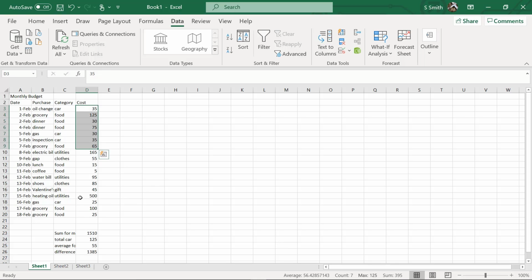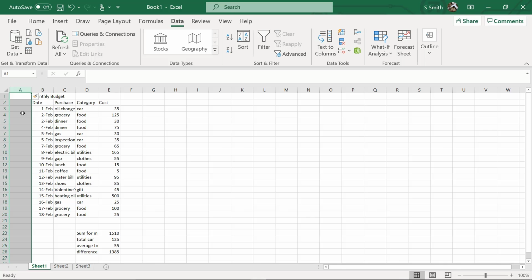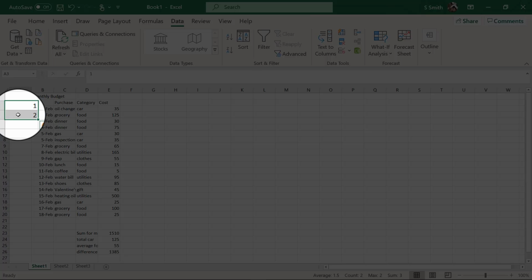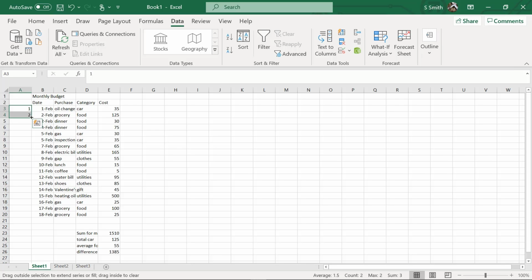Also, sometimes it's nice to have numbered items and see how many that you have. You know how we just said the count was 7? Sometimes it's nice to number your data. So I'm going to click on column A, then I'm going to right click and go to insert. And right here, I'm just going to start numbering 1, 2. If I highlight the 1 and the 2, and I go down to that thin little cross I had showed you before, and I hold the left mouse button down and I drag all the way down to the bottom of all my items, it will automatically number that column for me.